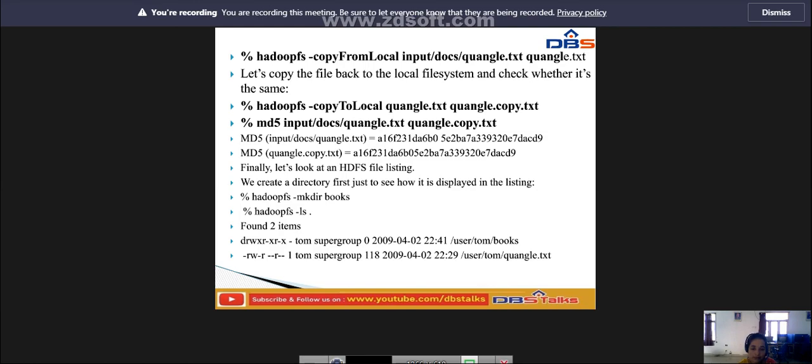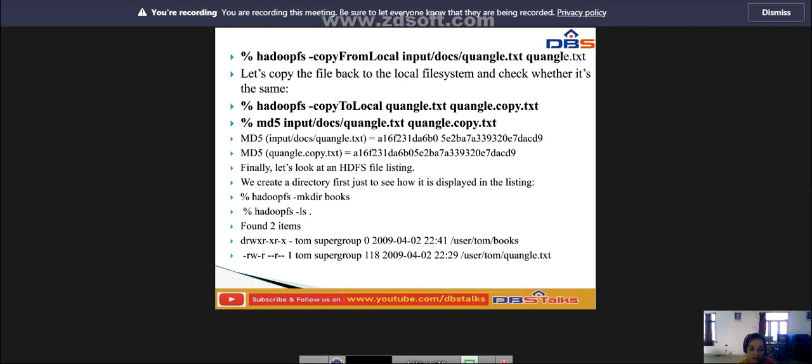That is copyToLocal quangle.txt quangle.copy.txt. Then percent md5 input/docs/quangle.txt quangle.copy.txt. MD5 is a checksum, not mkdir. So with these two commands I get the MD5 here. We compare whether the data is the same, and both are the same. Whatever information is in the file, when I copy the data from HDFS back to local, the same data is copied.